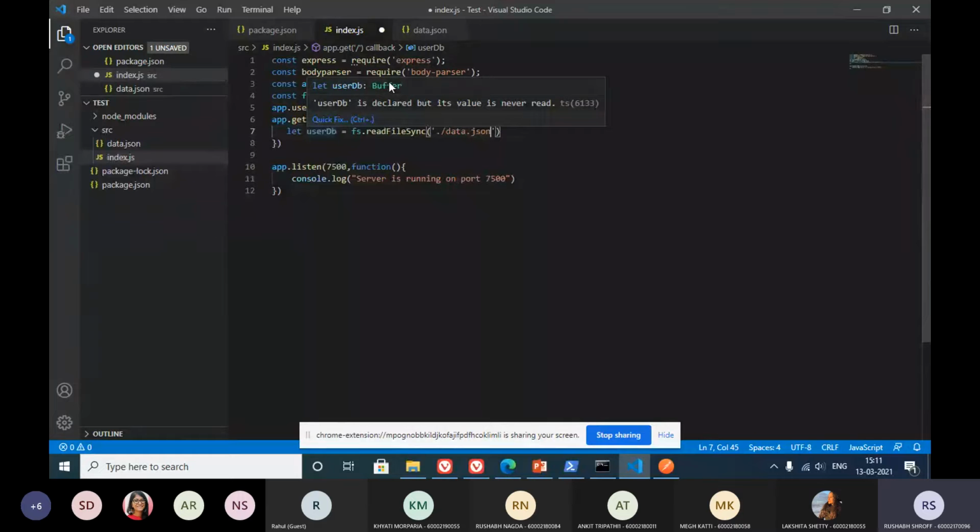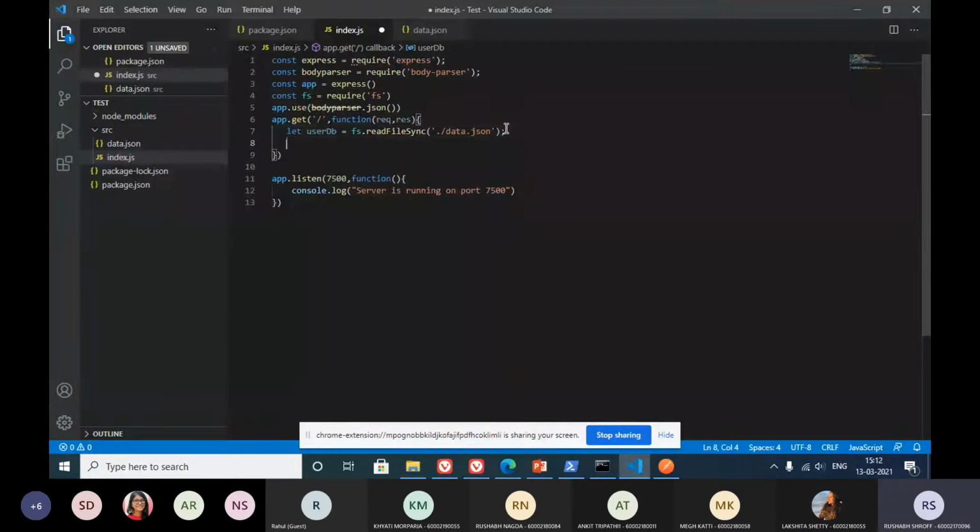A buffer is nothing but a data type that can be used to convert your data from binary to string, and from string to binary or some other form, like blob, or different random forms. You can convert your data to different forms using buffer, and you can allocate a part of memory using buffer inside your system. So now we have this thing over here.